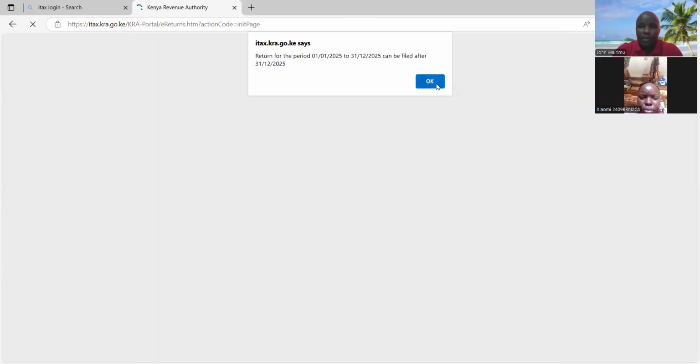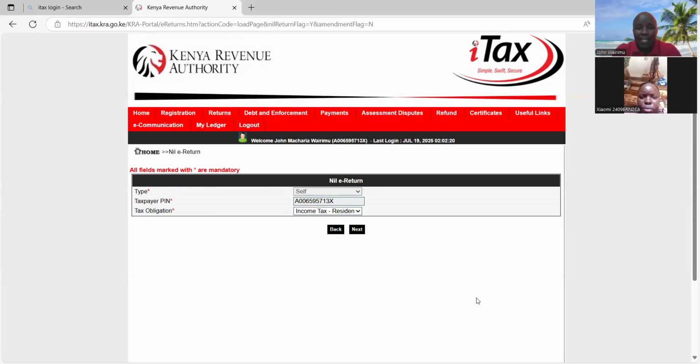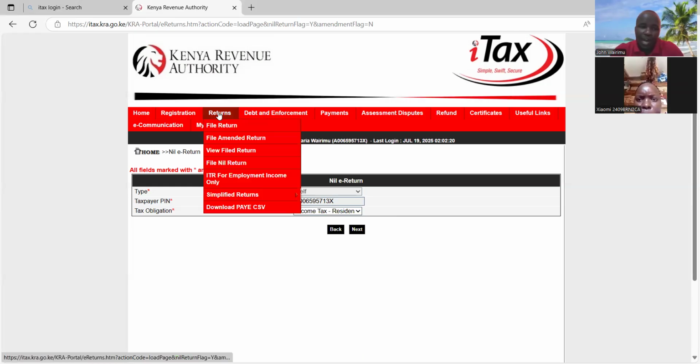This one cannot file because it's already been filed. Otherwise, you will be directed, and you press submit. It will automatically file new return. This one is for those people who don't have employment, like students who are at university. Now, there are those people who have been employed,